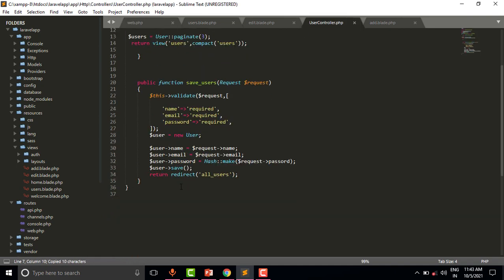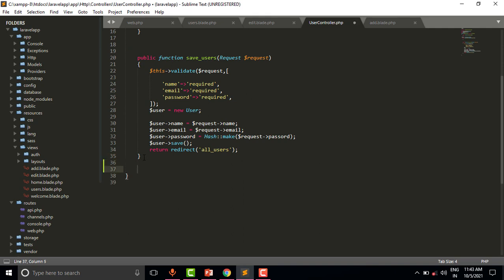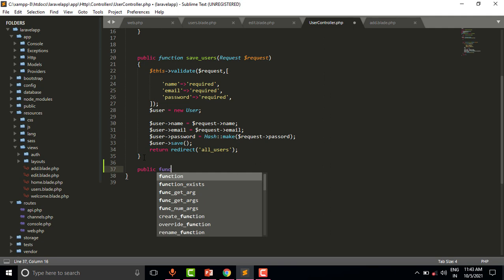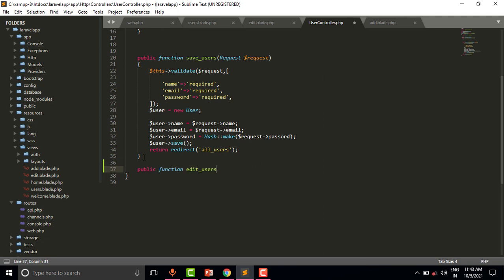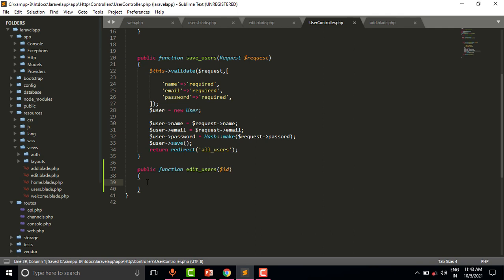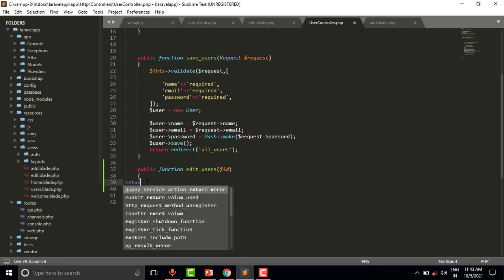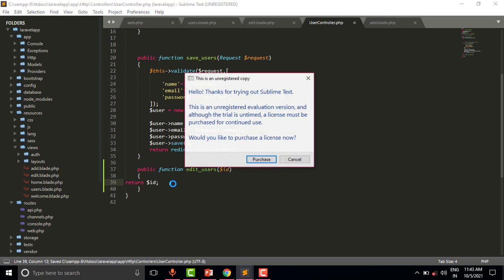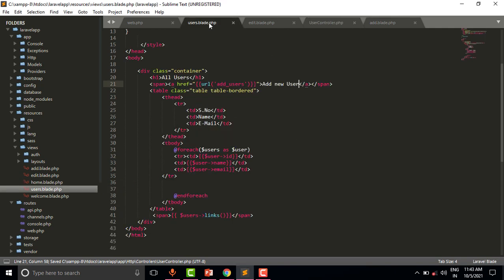So let us create this function inside this controller, users controller. Public function edit user, we need only the ID of the users, and for testing purpose first of all we will return only the ID which we are passing from the users view.